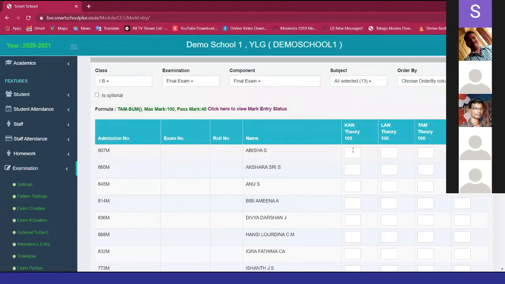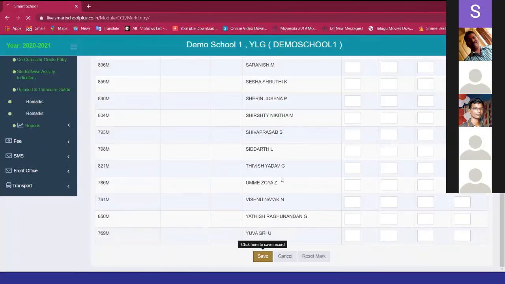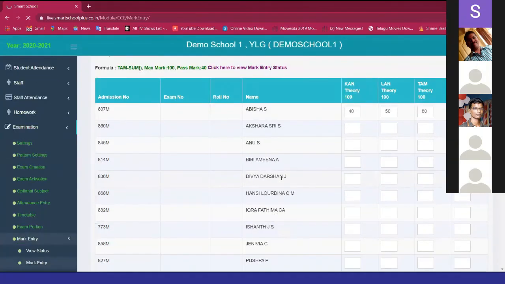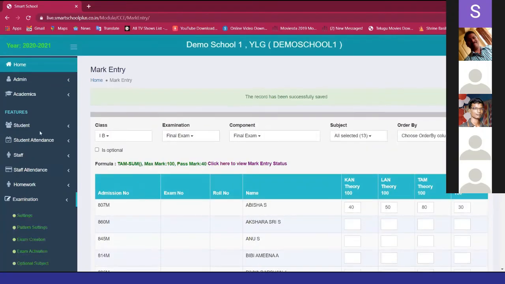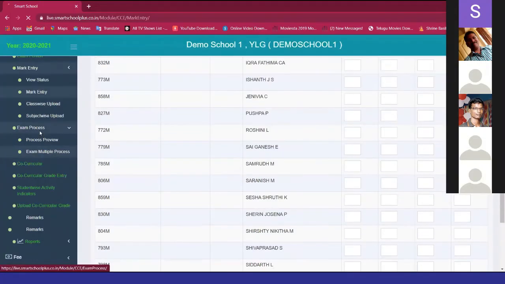I'm entering a dummy mark for one particular student. Then I save the record here. It's successfully saved. Once it's saved, I process the marks. The processing option is used to apply the formula to the particular examination.